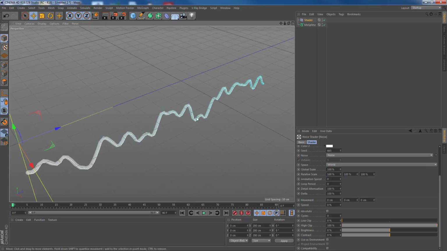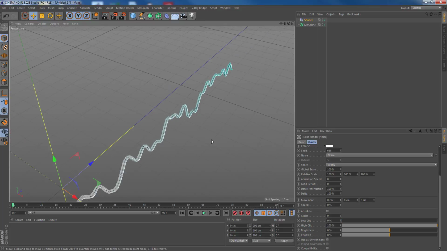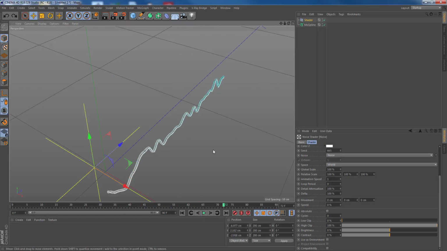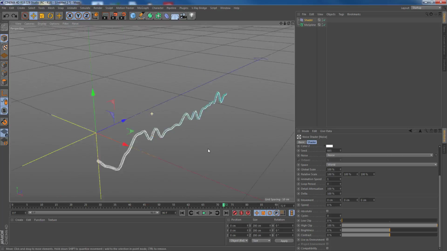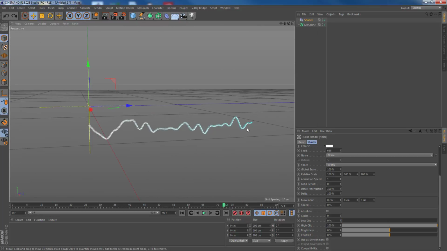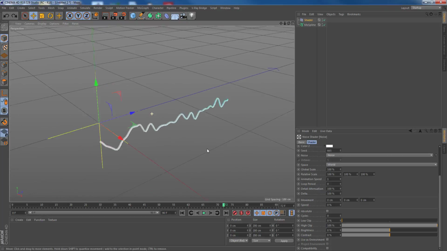The animation speed maybe 1. Alright, pretty cool. So we have our base shape we are looking for, and